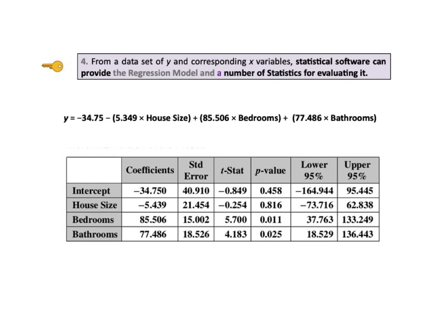P-value. The software also calculated p-values of each of the 3 x variables. We can compare the p-values to a pre-selected value for alpha. Most commonly, alpha equals 0.05 is selected. If the p-value is less than 0.05 for a given x variable, then we can conclude that the coefficient of that x variable is different from 0 to a statistically significant degree, and thus it can be included in the